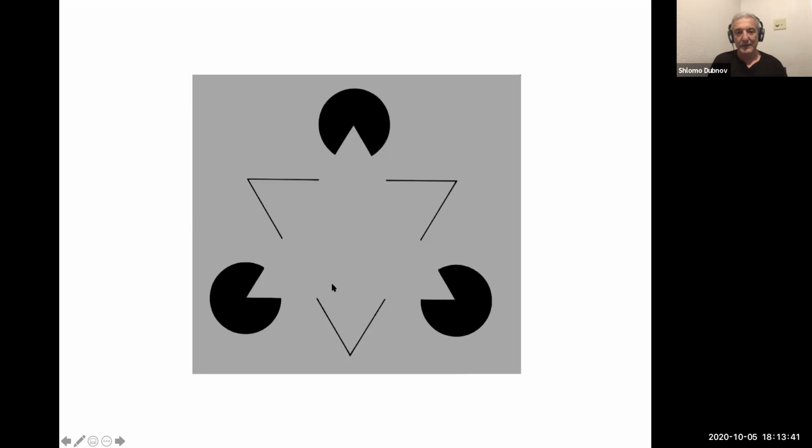Of course, you can also use this as an example of Gestalt psychology and other phenomena. But the point that I'm trying to make here is that you infer a pattern from a bunch of unrelated evidence because you know that this pattern can exist. So if this example is a little schematic,